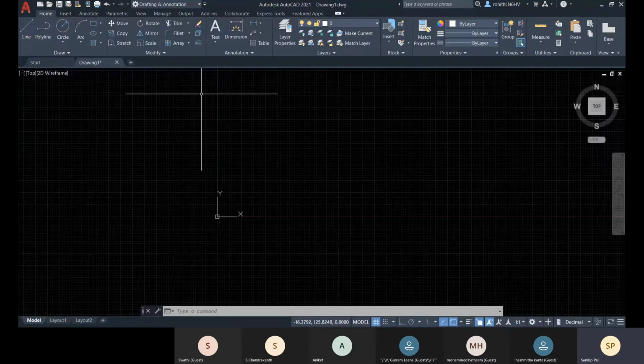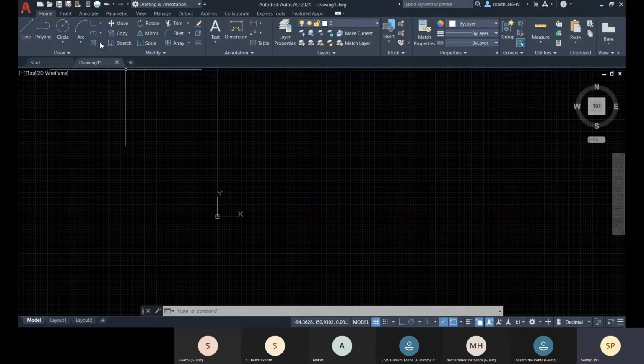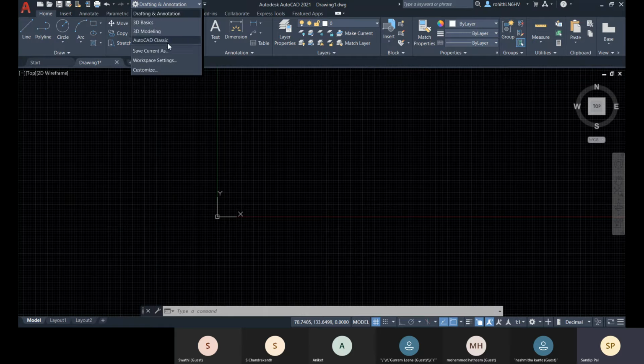Right now we are using the Drafting and Annotation workspace, so the drawing tools come first within this Home tab and will come in handy. But whenever you need tools for 3D modeling, you need those kinds of tools handy, so you will choose that particular workspace.